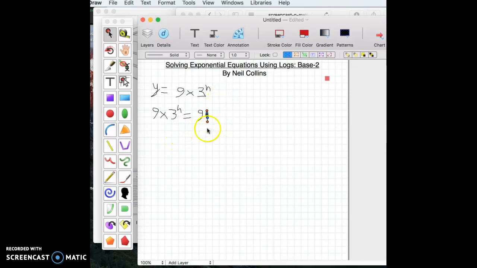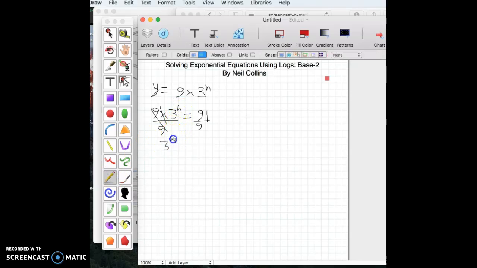Okay, so here's our problem. 9 times 3 to the h power equals 91. So we want this 3 to the h power, the variable, isolated, as always, in any algebraic equation. So in doing that, we're going to divide by 9, on both sides. It's going to cancel out that multiplication sign because 9 is no longer over there, leaving us with 3